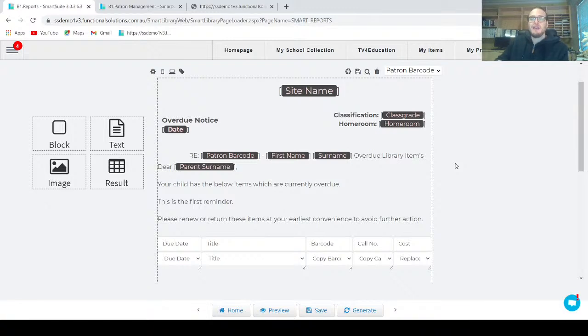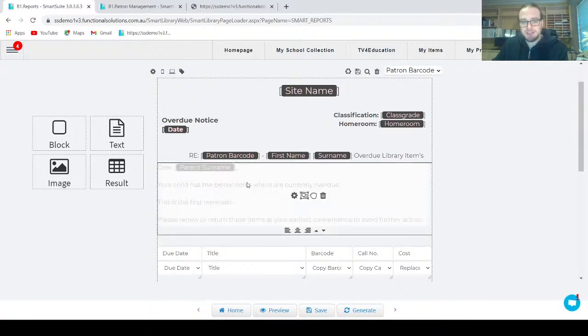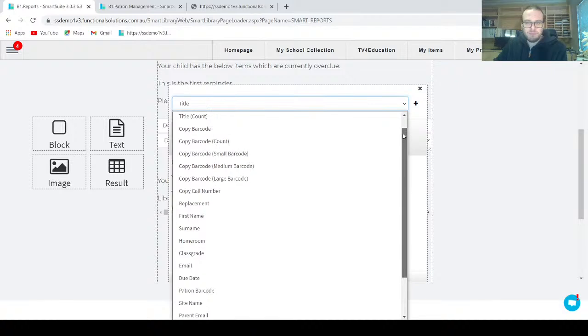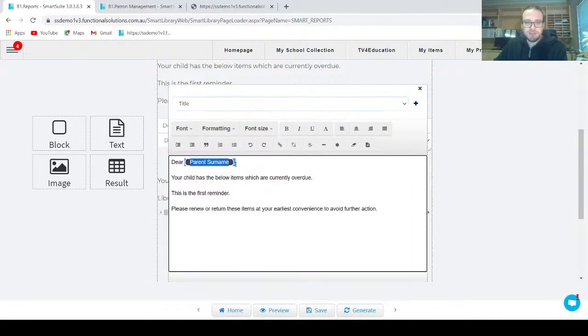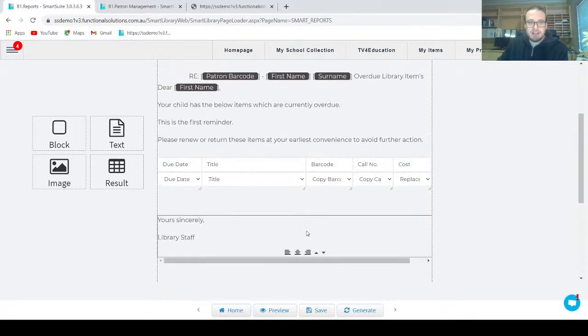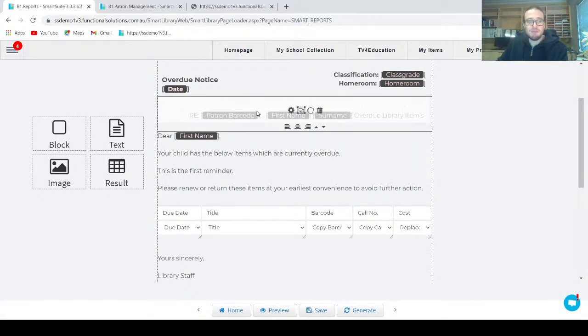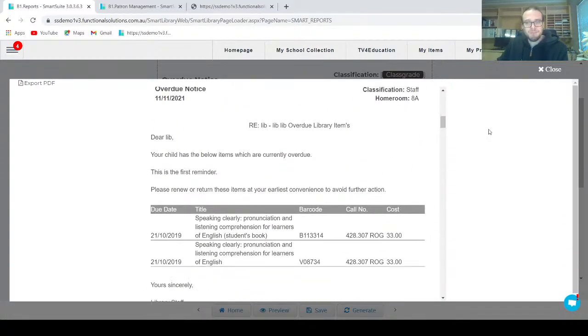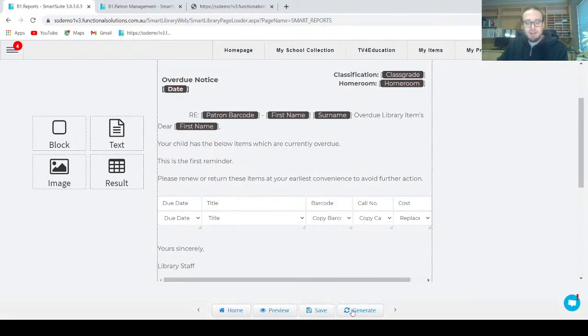Then finally, the template. We get to decide what the letter contains and what the individual sees. We can edit it here. We can click the gear icon to update the text however we see fit. We can add black background text that pulls information from result data using the drop-down menu here. If we wanted to, we can quickly delete this and replace it with, say, the student's first name. Click Save to make the changes, and click Save again to save the report. That's what the letter now reflects. We can also hit Preview to get a little sneak peek of what it looks like, and then if we hit Generate,